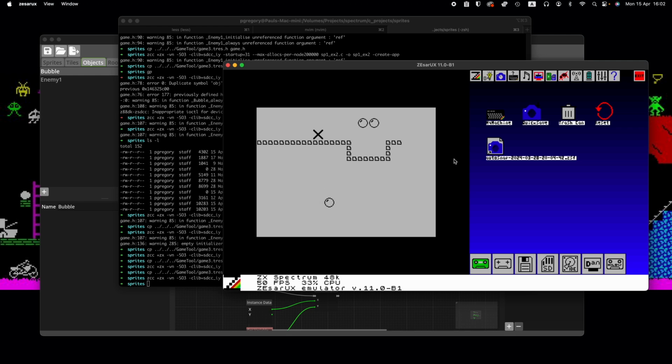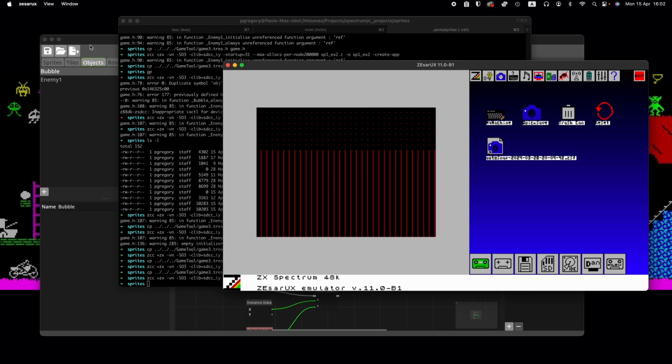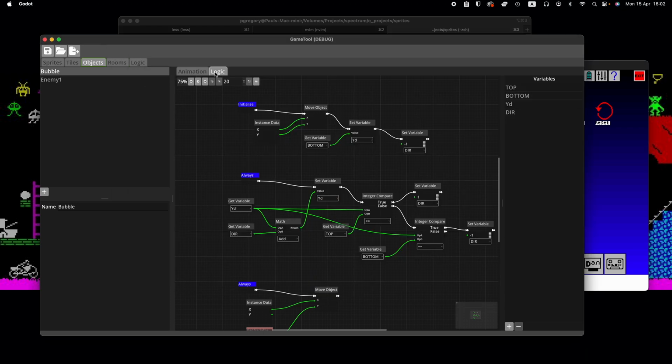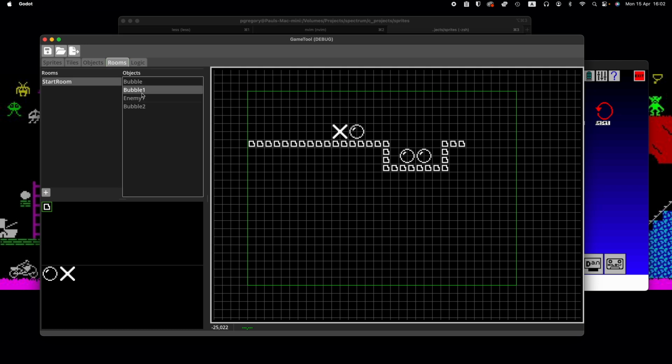The other one does. It's going to drop off because the bottom and top were never set on there, so it's just going to go on forever. But you can see the important part is the top and bottom are being honoured here. So if I reset that and we just do another quick test, if I go back to the room and set bubble 1, for example, change its top value to 32,